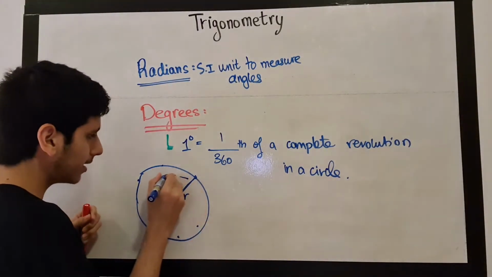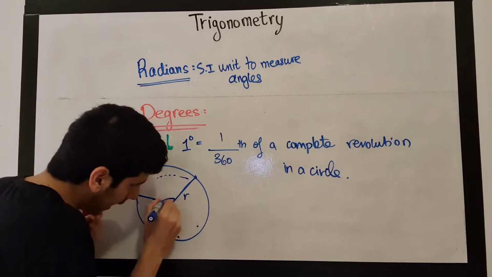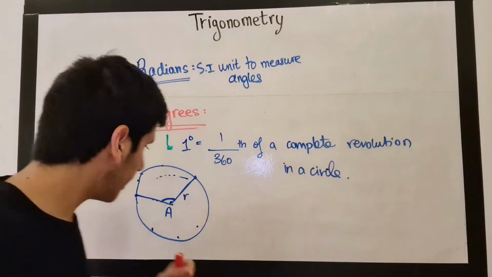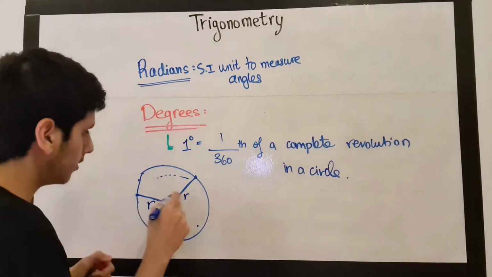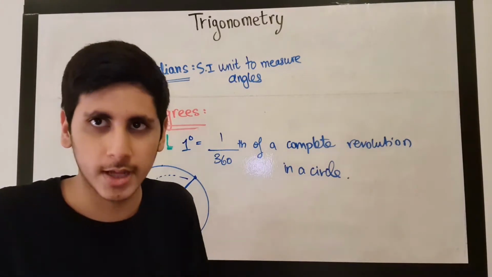If we rotate it like this, and this is our final arm, this angle formed by the two radii